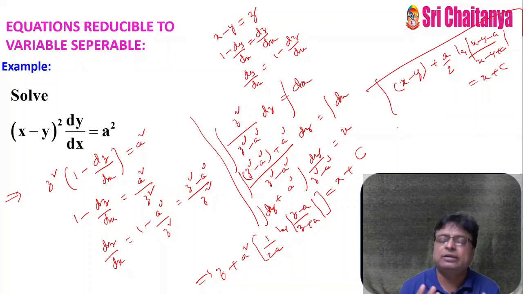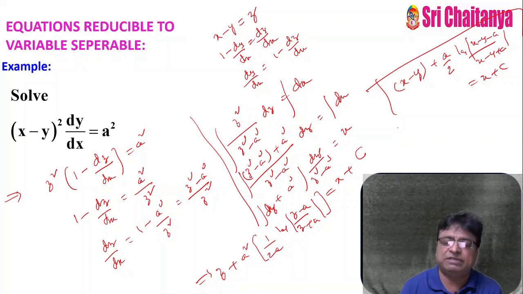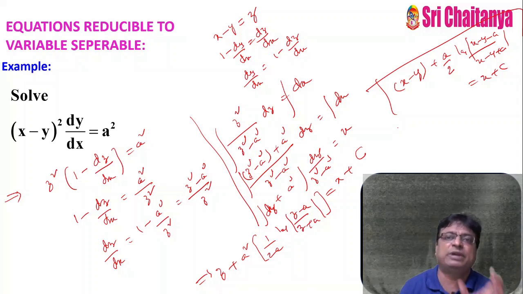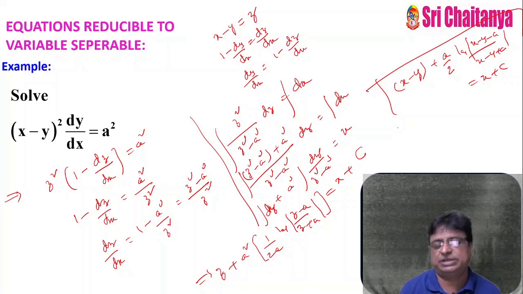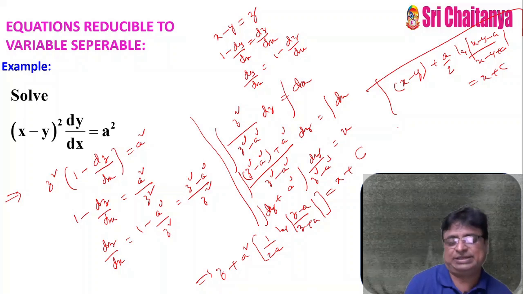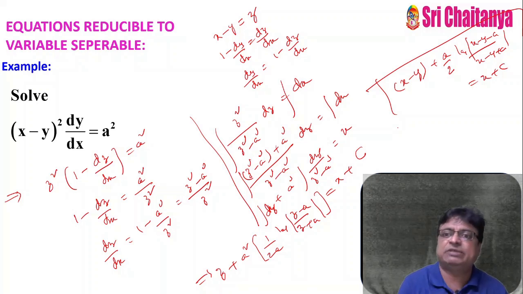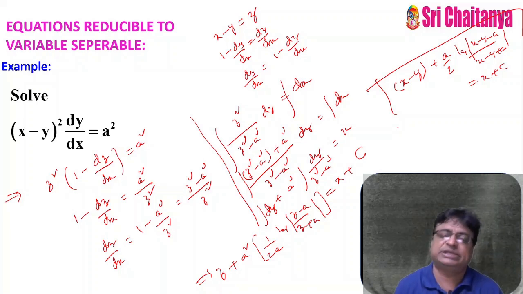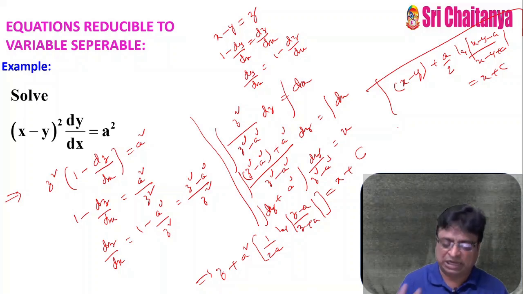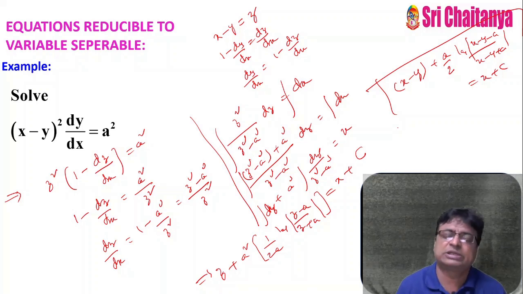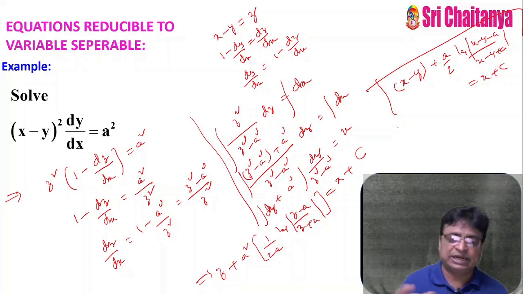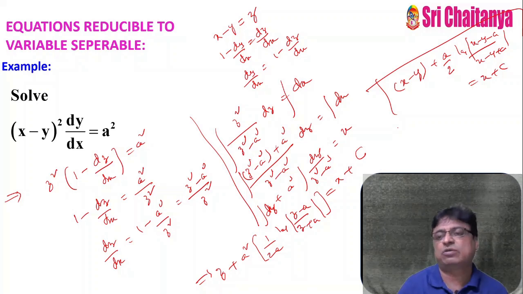This is the method when a given differential equation is not appearing in the form of variable separable and it can be converted into variable separable by replacing the x minus y as some z. Hope you understood that. For each and every method, what type of question they are asking in the JEE Mains examination, this is just from a point of view I am mentioning. In your preparation also, you collect questions of this kind, models, and practice thoroughly. All are very familiar questions. Indirectly or directly, from an application point of view, they are asking the questions in this way.